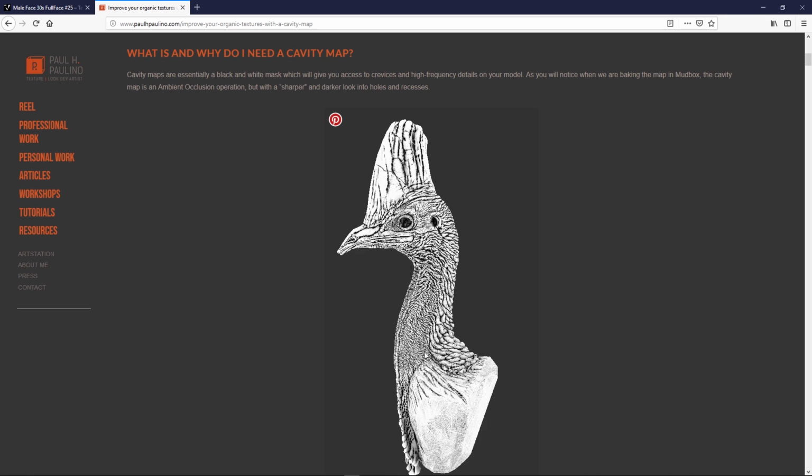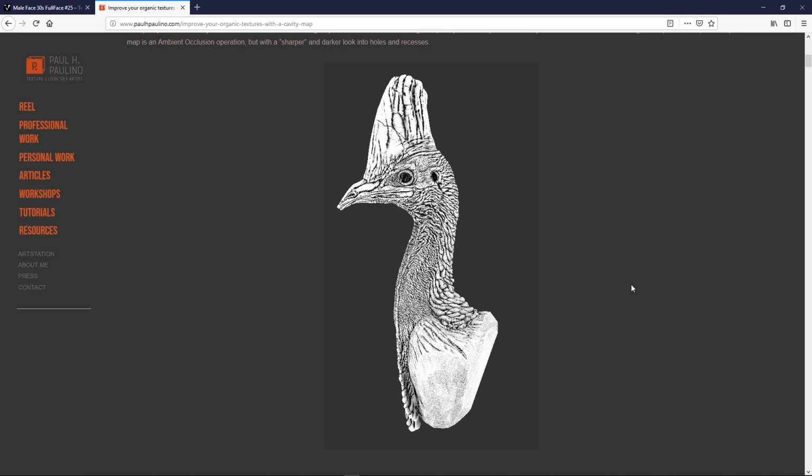It's a black and white map, which is really sharp and really good for bringing out details in your sculpt. It's kind of like if you took a bunch of dirt and sprayed it into all the cavities that exist in your model. So we'll fill it up with a color. That's why it's so nice to use for masking.